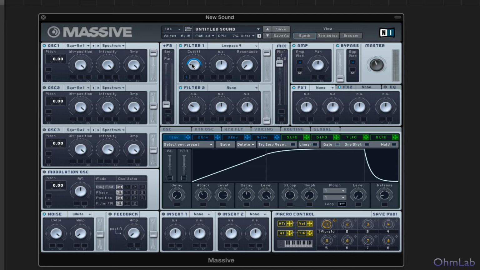Okay, this is changing the delivery of the sound. If we add just a little bit of resonance to this, it becomes even more interesting. And you can quickly get an idea of how a lot of sounds are made by simply paying attention to the shape of the line or the curve of the envelope that is controlling something. So what if we control 2 parameters at once with the same envelope? What happens? Okay, well, I've just